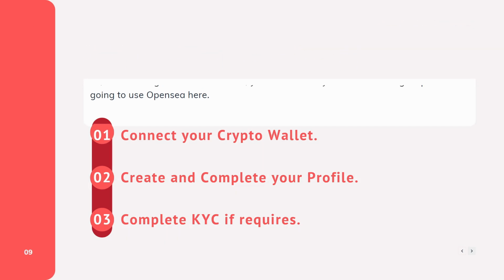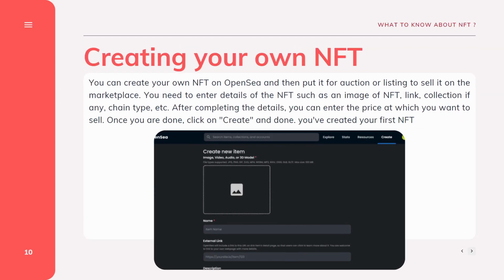Now we will look at how you can create your NFT in OpenSea. This is the screenshot I have attached from the OpenSea platform. You can create your own NFT and put it on listing so you can sell it. You need to enter the details of the NFT, as you can see in the screenshot. You have to upload an image, then the name of the NFT, and the link you can choose.